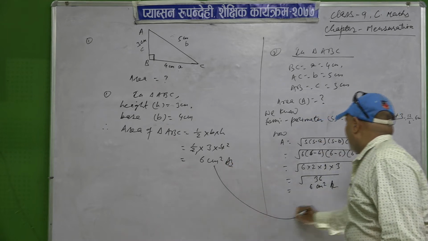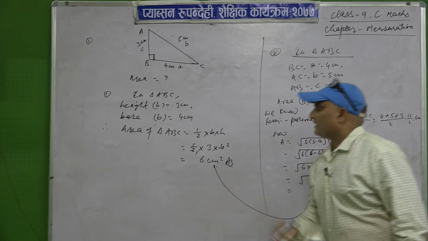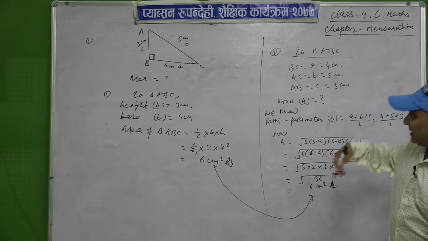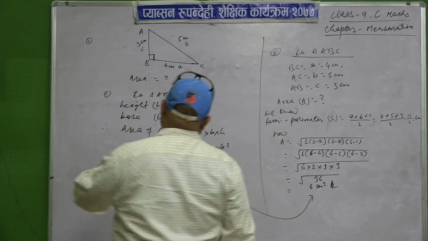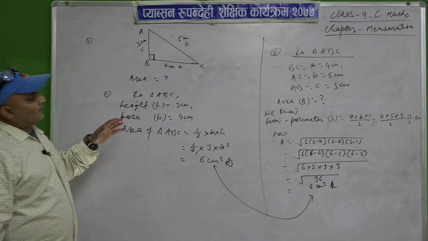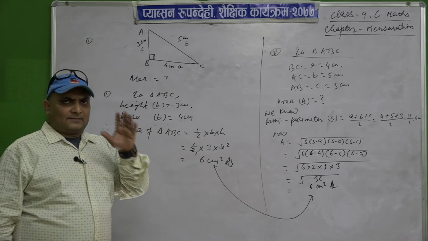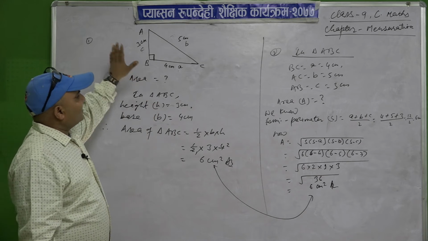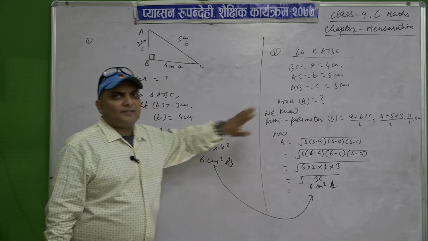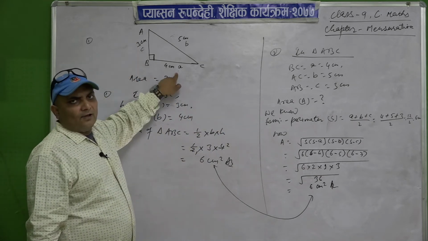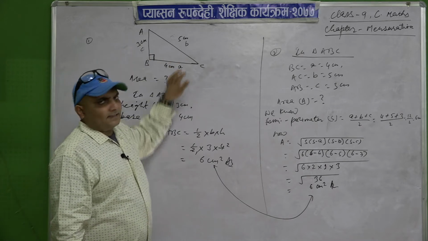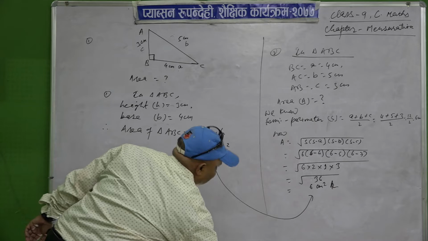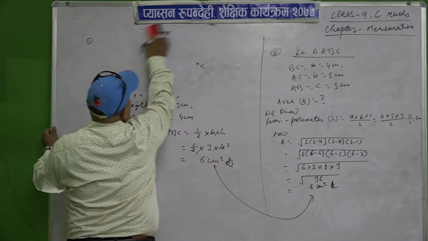Now see, by both formulas we get the same result for the area of the triangle. So in this way you can find out the area of the triangle, but you must be careful about the condition. In this triangle, both conditions are applied, but sometimes only base and height are given, or sometimes all three sides are given. Okay, thank you. Now second, we go to the second question.